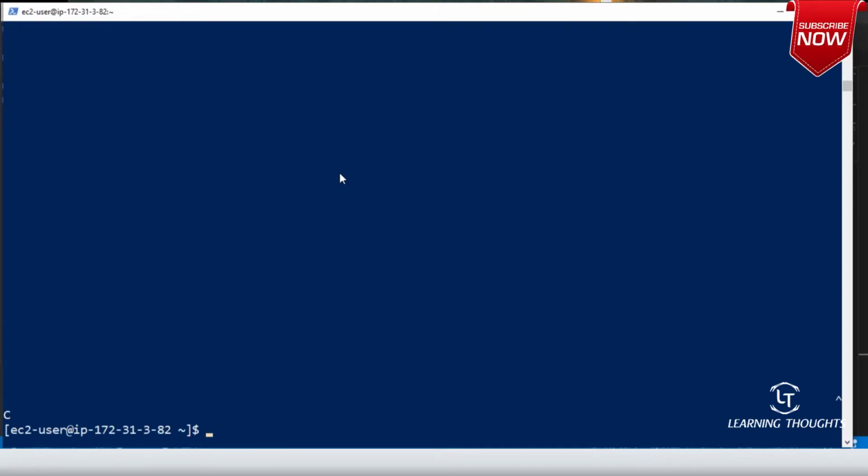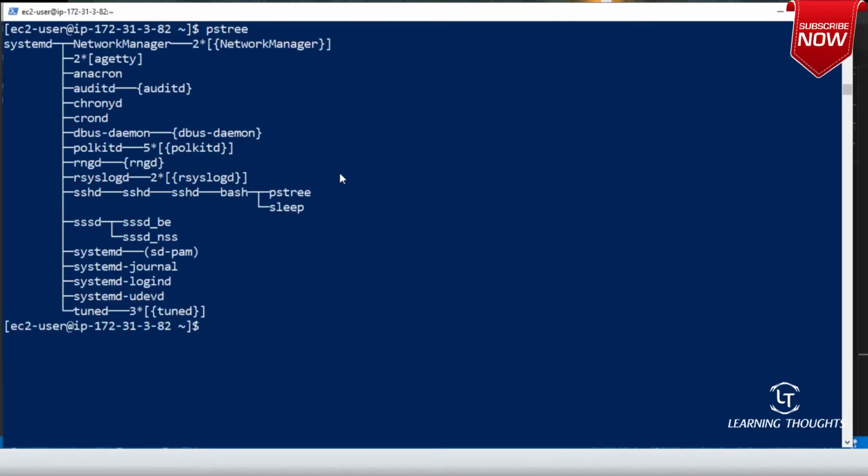Okay. Similarly, there is a command called pstree. So pstree will try to describe your processes in a tree structure. It will try to tell what are the processes that have started, and what is their order, right?